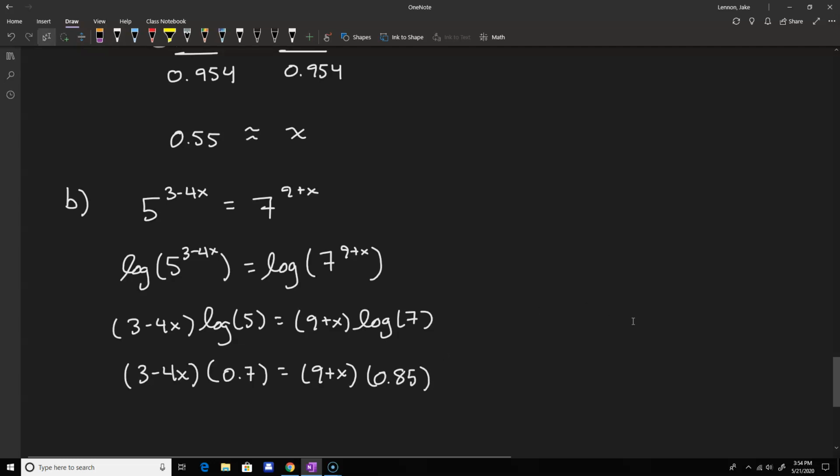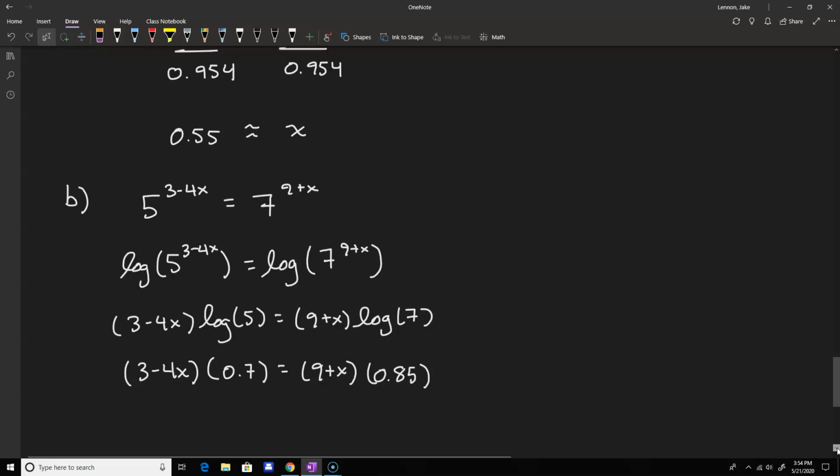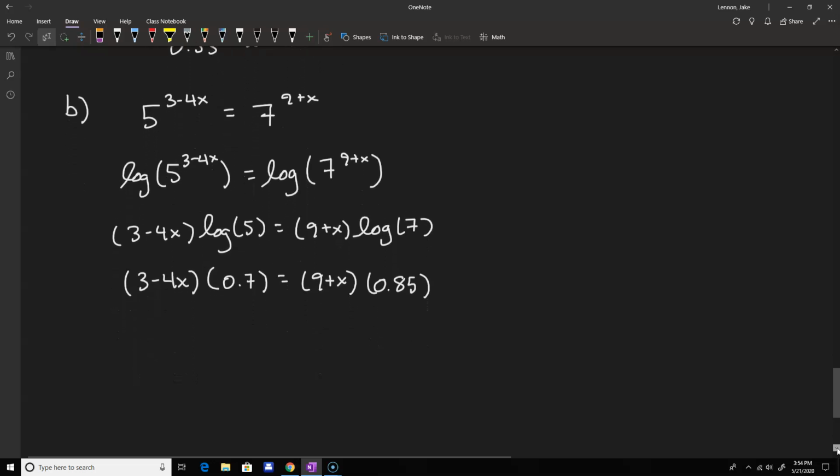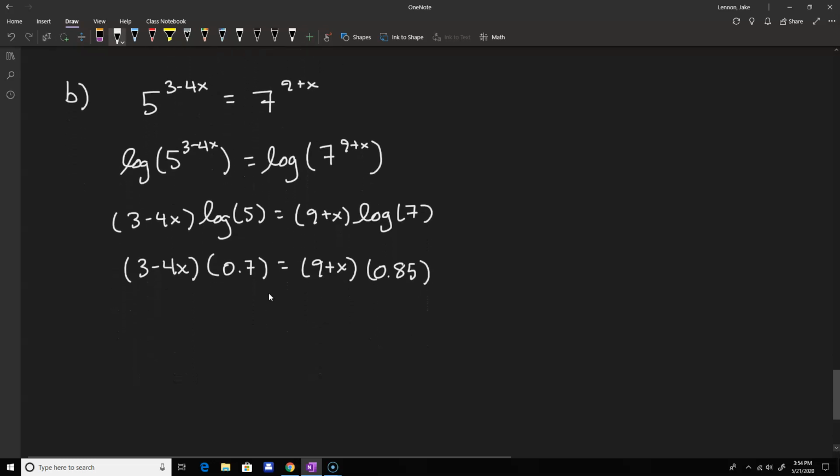Okay, so then like before, let's go ahead and distribute on both sides of the equation, and collect x's on one side and regular values on the other. So we get 2.1 minus 2.8x distributing the 0.7, and on the right we will end up with 7.65